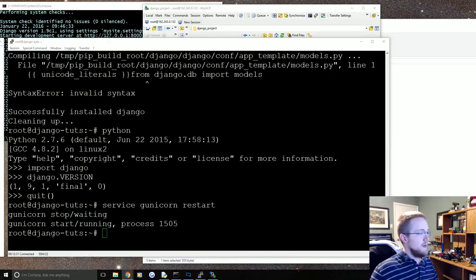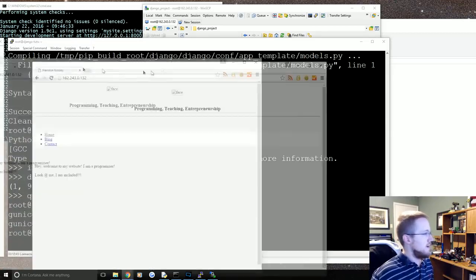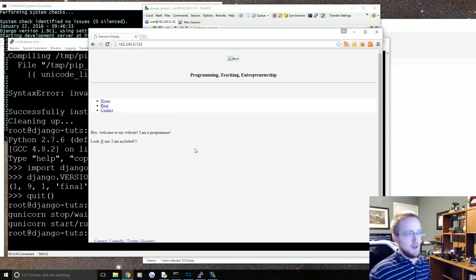Yeah. Okay. So that's kind of like restarting Apache, right? So anytime you make a change, you might need to do that. But I'm pretty sure you only need to do that if you've updated your settings and maybe the URLs.py and stuff like that. You have to play around with that, but it seems like Django automatically updates a lot more than Flask from what I found. Anyway, once you've done that, you can refresh and boom, you've got a lot of things, but